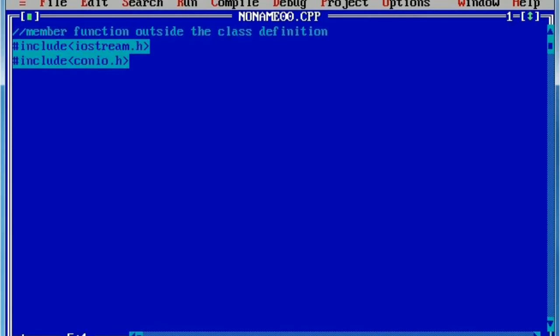Now let us begin with the class definition. Here we'll write class, I'll write the name of the class as operation and curly open brace, and here I'm going to declare two data members, that is int a and int b, and the public access specifier.